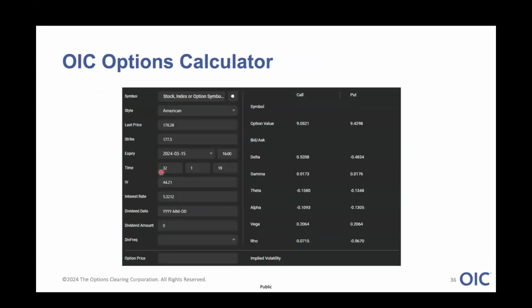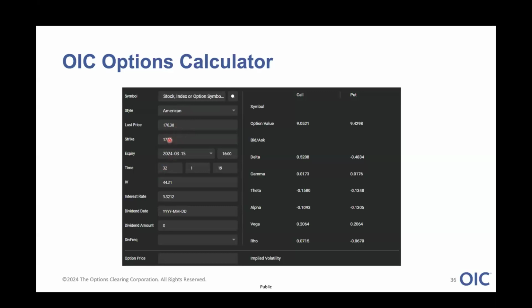So this is an example of an options calculator, and this is the calculator that you can use. We have a whole suite of tools on our OIC website that you have access to for free. You do have to sign up for a free account, but once you have a free account, you have access to this full suite of tools. And this is actually our new upgrade to our old calculator, but this is an options calculator. So what you do is, in this case, you put in your favorite stock, and you can change